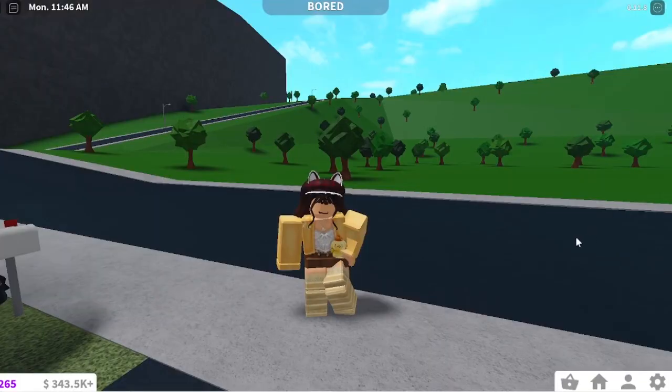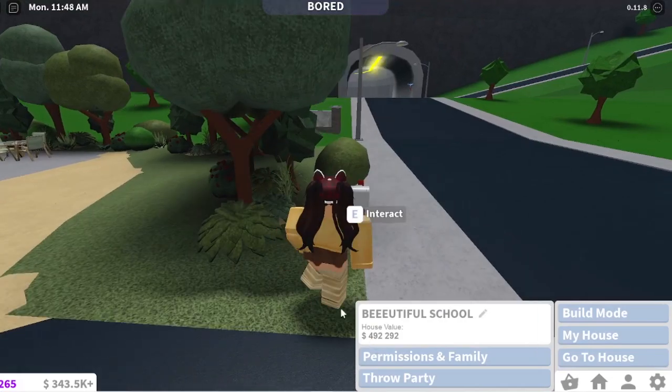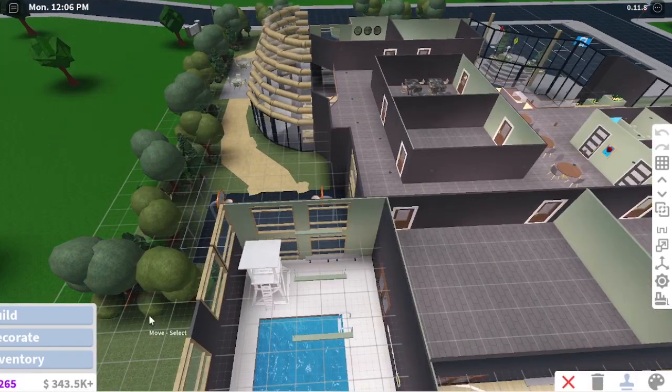My neighborhood did expire and I didn't finish, so we gotta hurry up. This is almost worth 500k. At least it's not as bad as my resort. Knowing that my neighborhood is going to expire made me build so much faster. This is worth